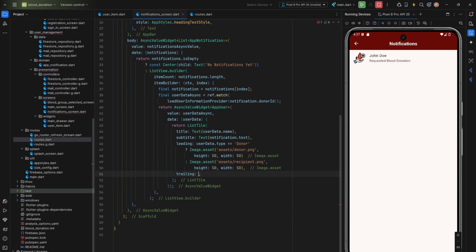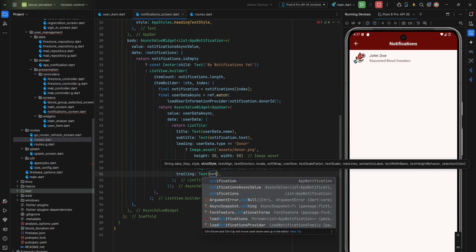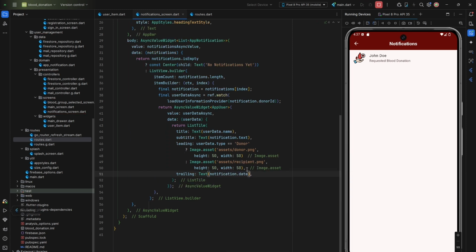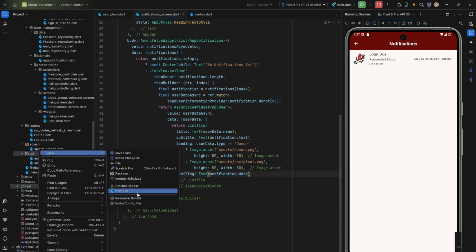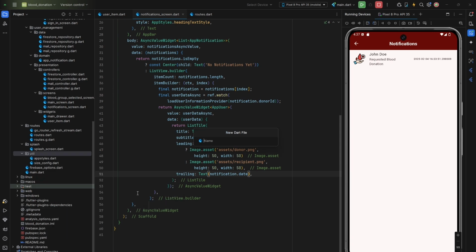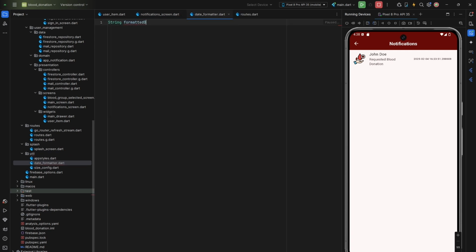Finally, for the trailing, I want us to format the date. So it's going to be a date, but instead of doing notification.date, which will also work, that date is very wrongly formatted. It's not really properly formatted, and I want us to format this date correctly. And for that, I am going to go to util, and I'm going to create a new file, which I'm gonna call date formatter. And here I'm just going to have a string formatted date,